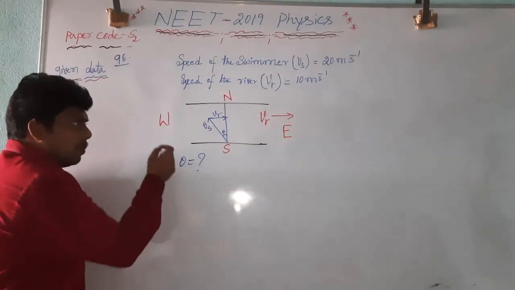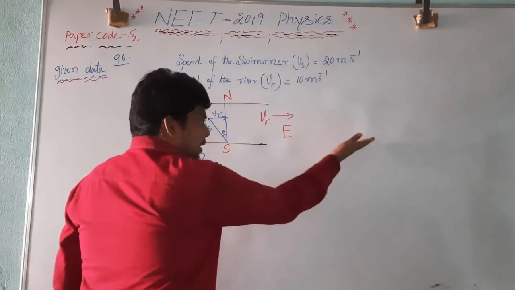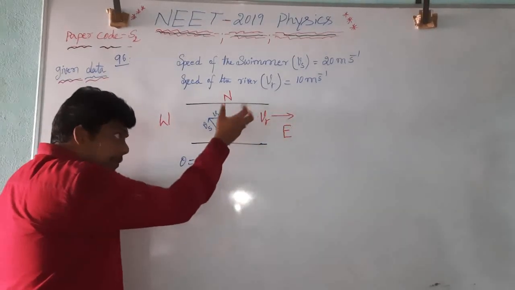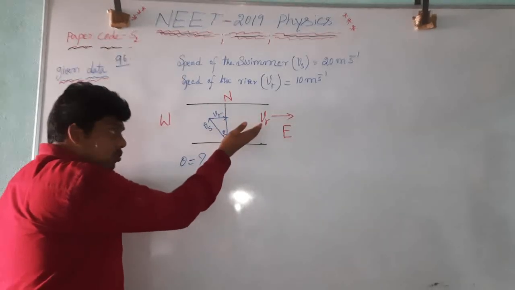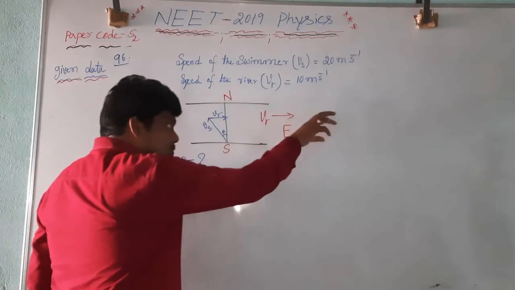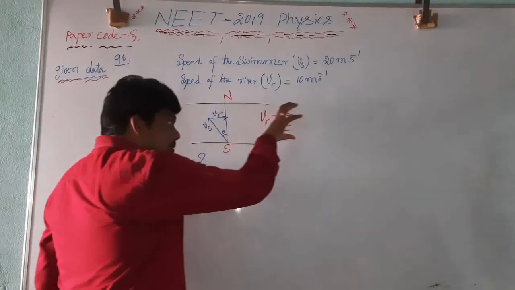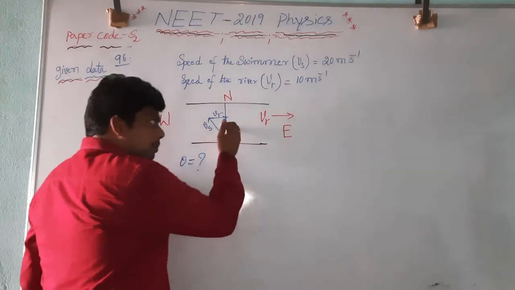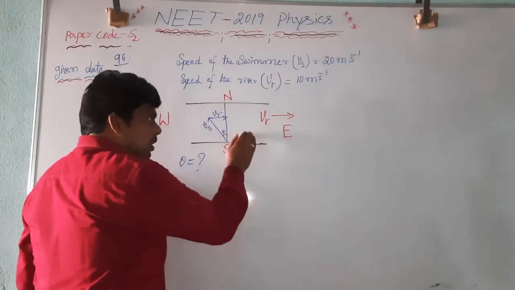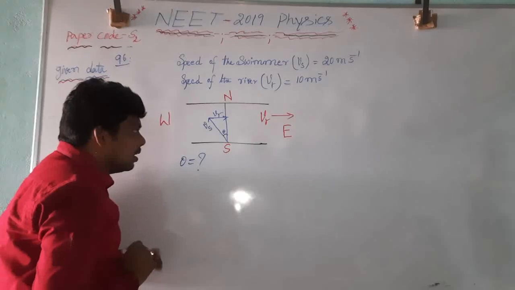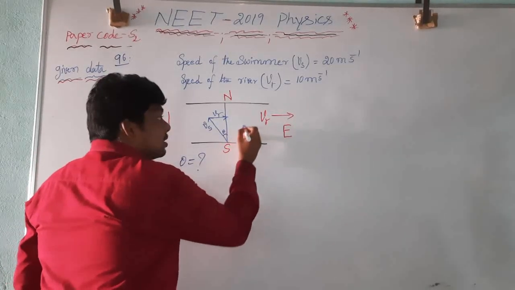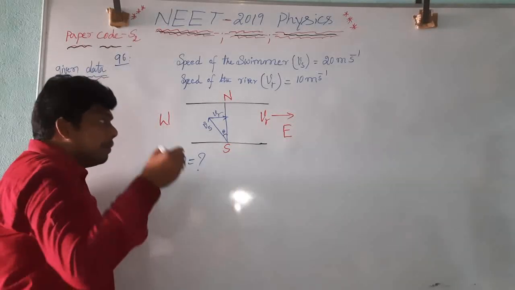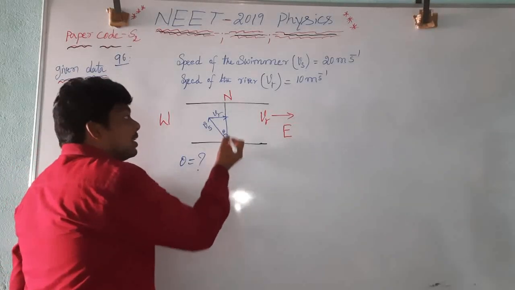Observe this one. The water is flowing with certain velocity towards the east. If the person jumps towards the east, it means that the river is flowing towards the east, and the water takes the person along with it. Here the person is moving towards the east, and the water is also moving towards the east. The person cannot cover the least distance, the person may cover the maximum distance. But in this question, the person has to travel the shortest path.